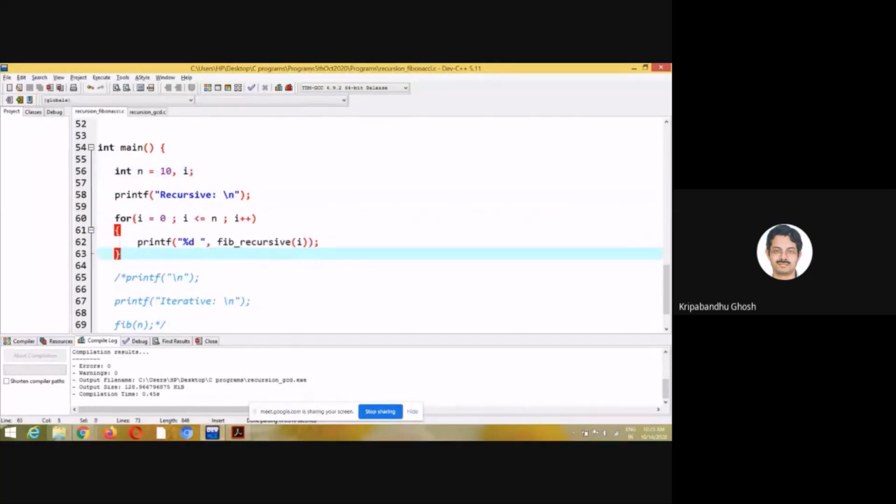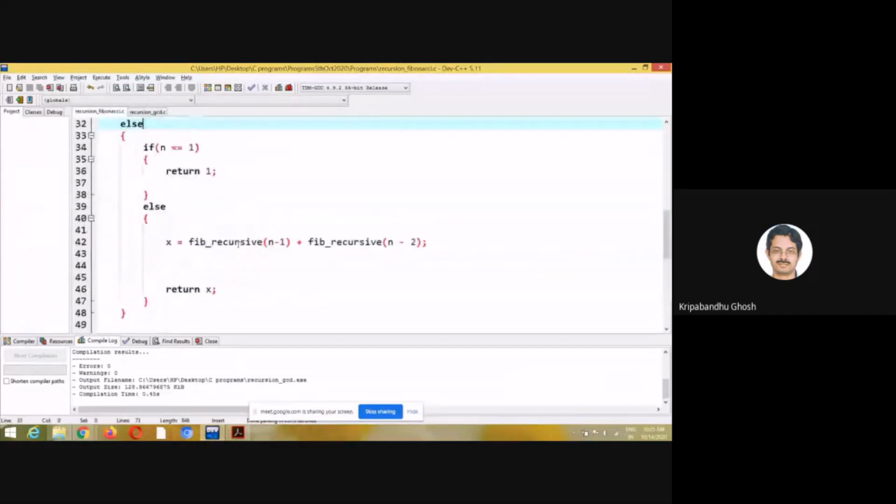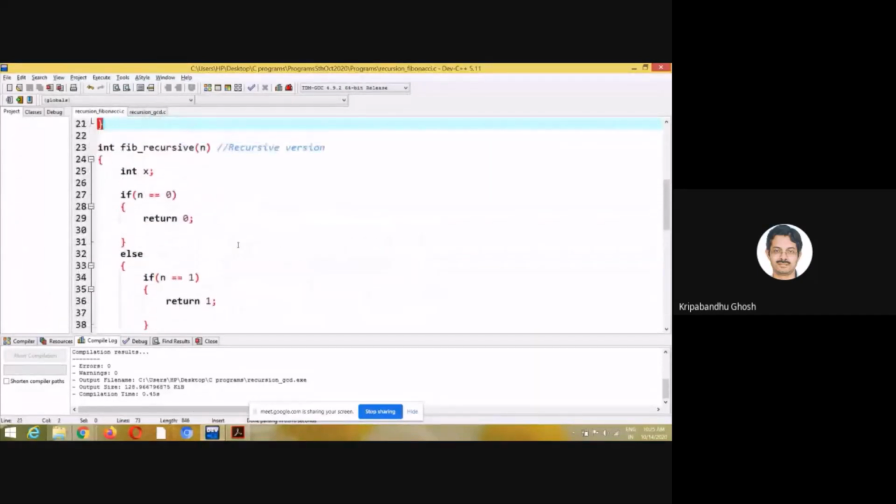There is a for loop from i equal to 0 to n. So it generates from 0 to n, so there are basically n plus 1 numbers in the sequence. Every time I call for generating the ith number, I call a recursive function. So the recursive function is like this. I think it is quite simple. By this time, you would have had some idea of how to do this.